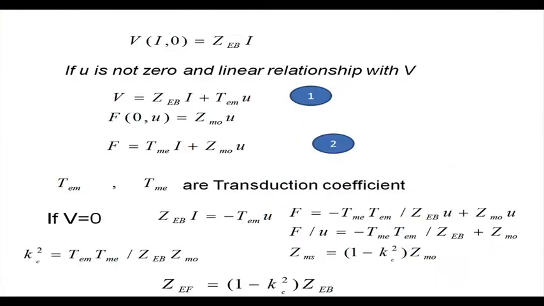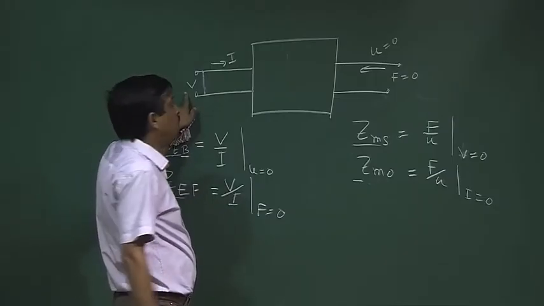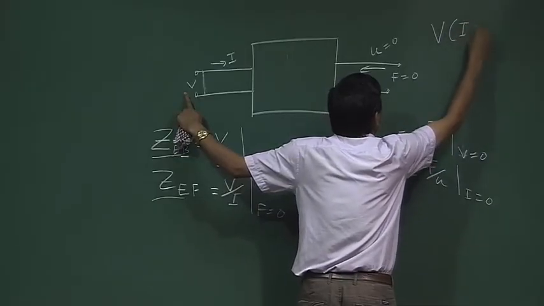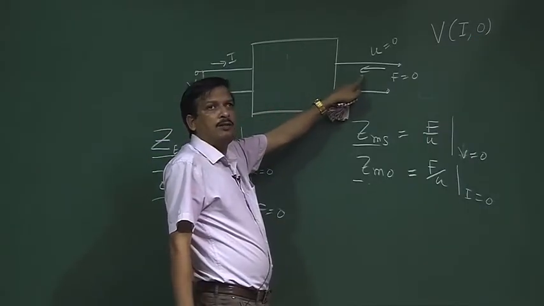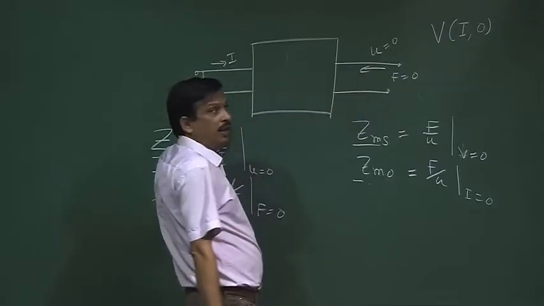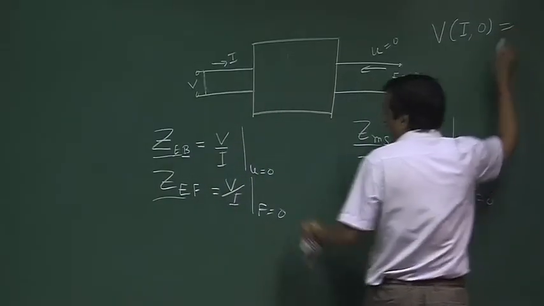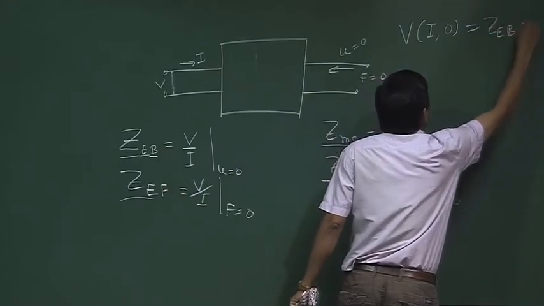Now, let us derive the equation. If I applied a voltage V when U is equal to 0, let us say the electrical voltage V is a function of current, and U is equal to 0. So there is no mechanical velocity, only voltage is there. U is 0 means ZEB. So it is nothing but the ZEB impedance multiplied by the current,